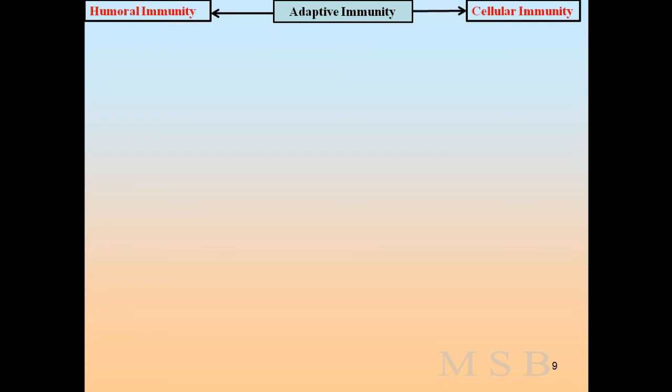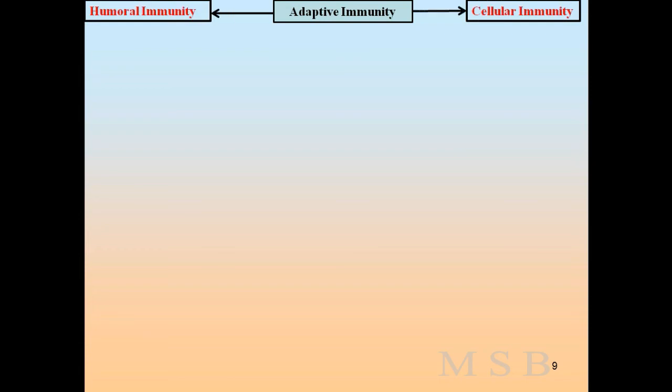So, adaptive immunity. Mode of action of adaptive immunity. When a pathogen invades past our first and second lines of defense, it encounters adaptive immunity, which mainly consists of lymphocytes and the antibodies they produce. When a pathogen is encountered the first time, the response of adaptive immunity is minimal as it doesn't recognize the pathogen yet, but it remembers that pathogen and stores immunological memory of this encounter. When the same pathogen is encountered again, there is an amplified response of the adaptive immune system. The adaptive immunity is divided into two main types, humoral immunity and cellular immunity.